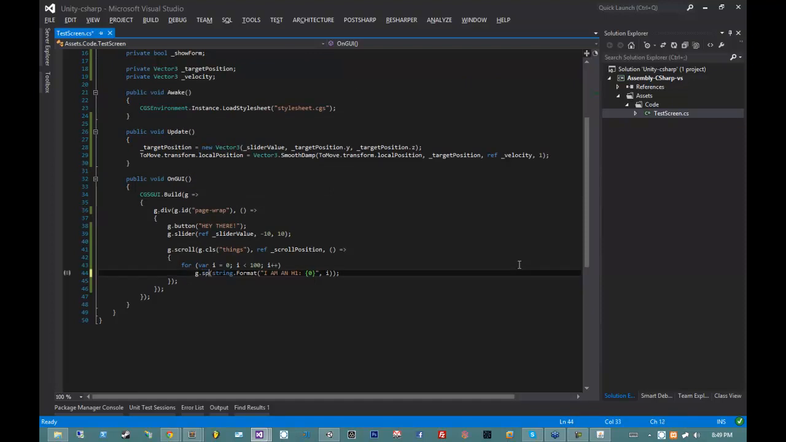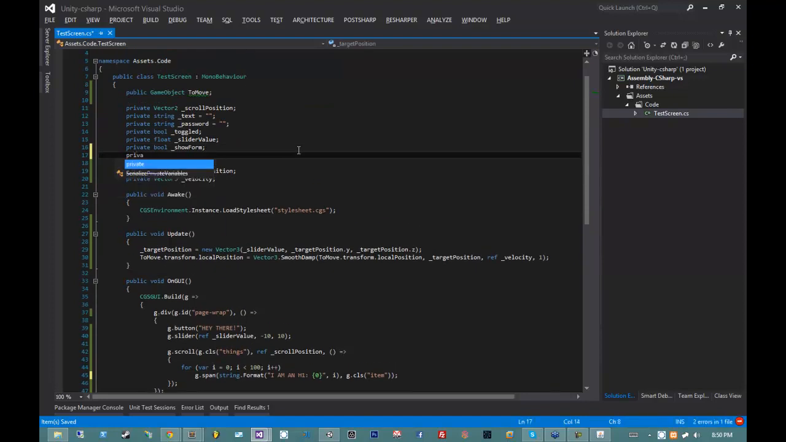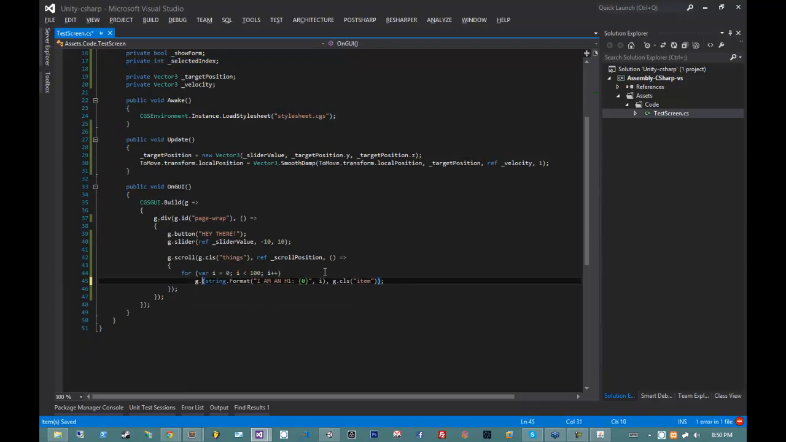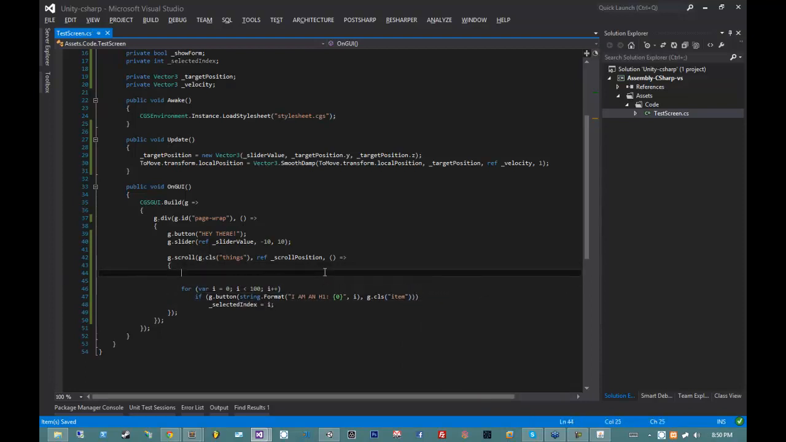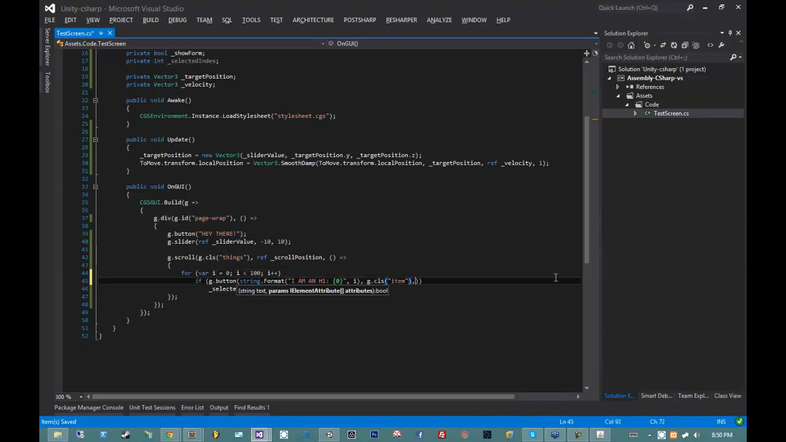I want to go ahead and change this to g.span with the class of item. Oh, what are you complaining about? Oh, that comes afterwards. And then I want to go ahead and say private int selected index. I don't want to do g.span, I want to do g.button. And then I want to say selected index equals I, or we can go and say, what am I doing? G dot